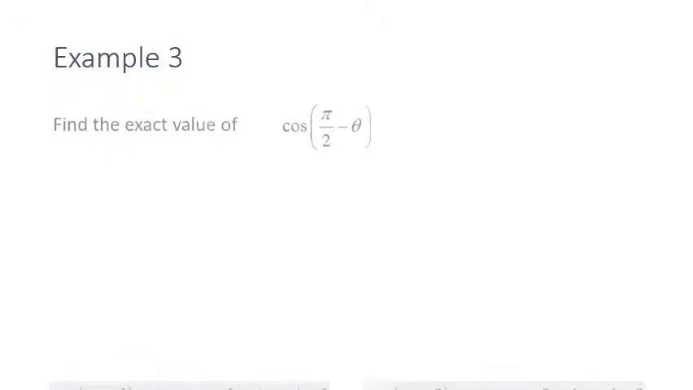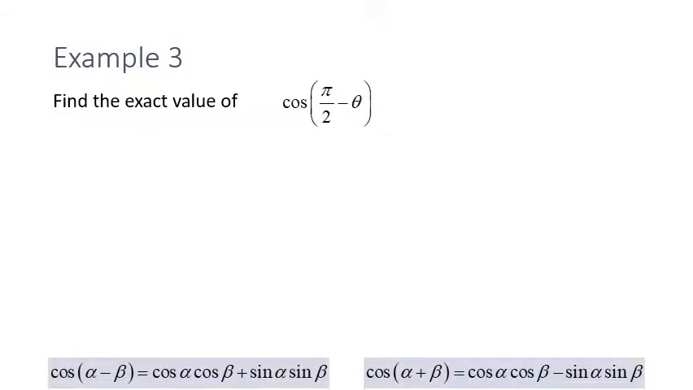All right, example 3. Find the value of cosine of pi over 2 minus theta. Okay, so we're going to be using this difference formula. We just don't have a value for our second angle. It's just going to be any angle. So this is going to be equal to the cosine of pi over 2 times the cosine of theta plus the sine of pi over 2 times the sine of theta. Now,